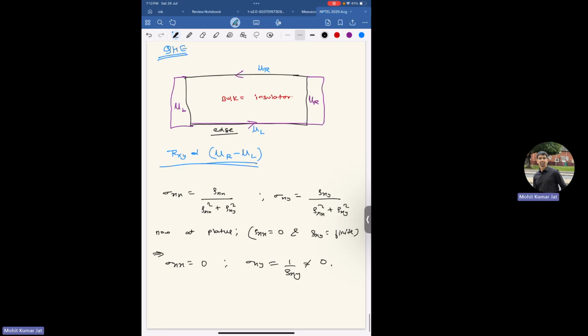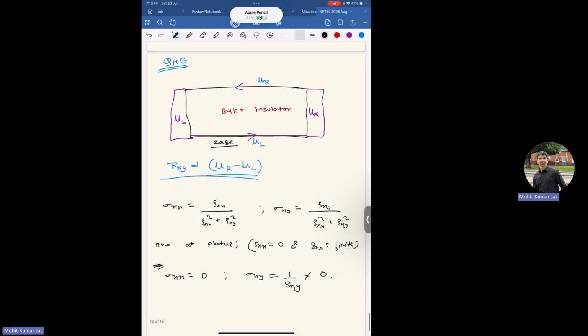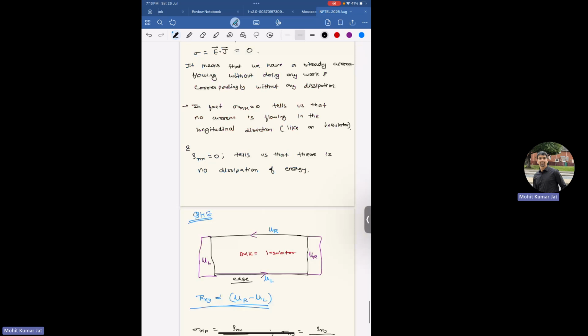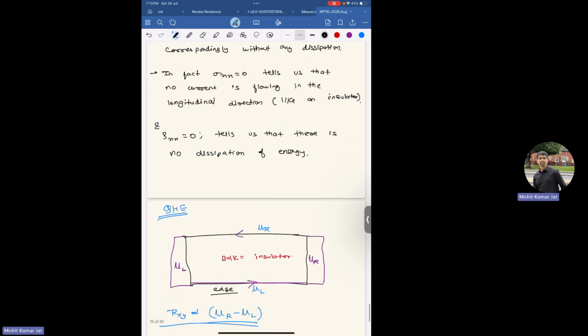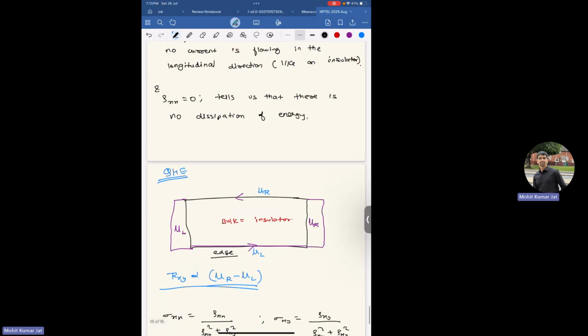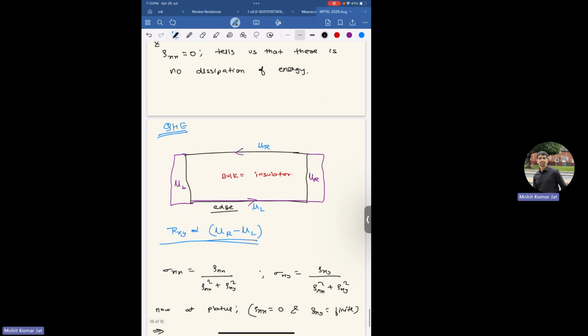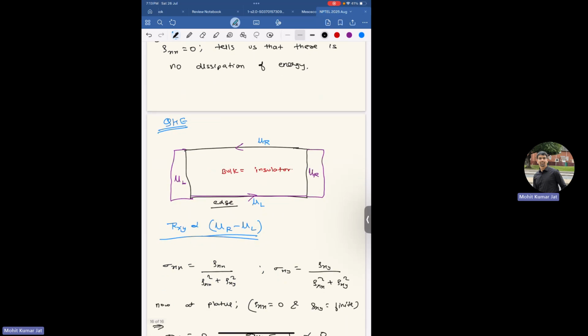That's the difference between this classical Hall effect and the quantum Hall effect conductivities and the resistivities. And the longitudinal conductivity and the resistivity go to zero simultaneously. And this tells us about the nature of this quantum Hall effect, that the bulk is insulator, edges are conducting, the edges are ballistic transport. Each ballistic channel has a resistance of h by e square. If there is only one ballistic channel, nu will be 1, resistance will be h by e square.